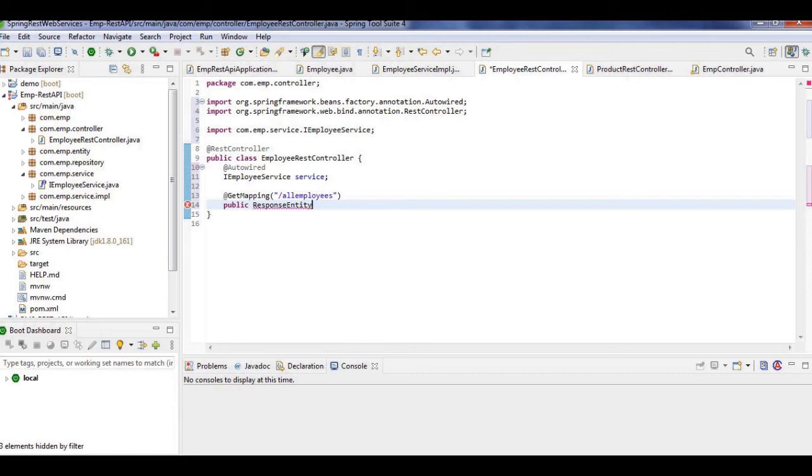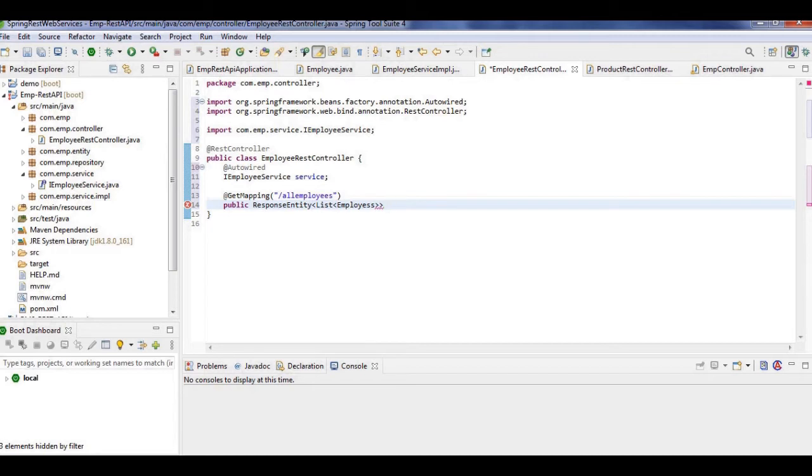Okay, so I am going to make it like this: List of Employee, and this is the return type, and I will write down the function.